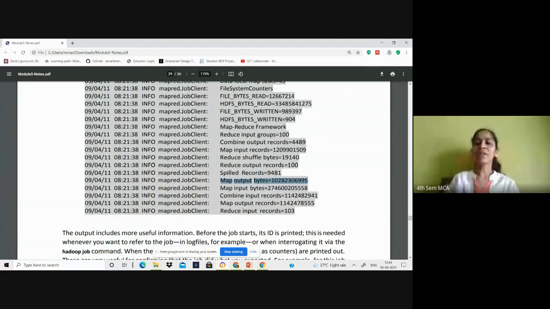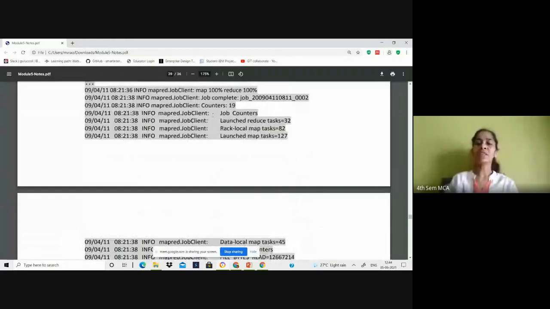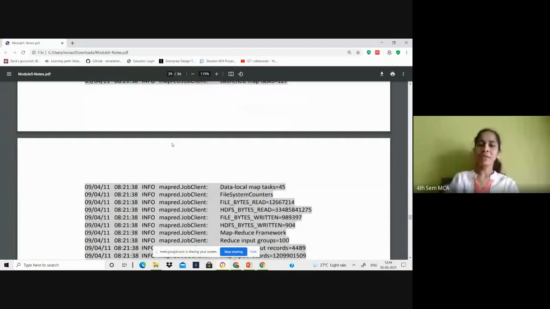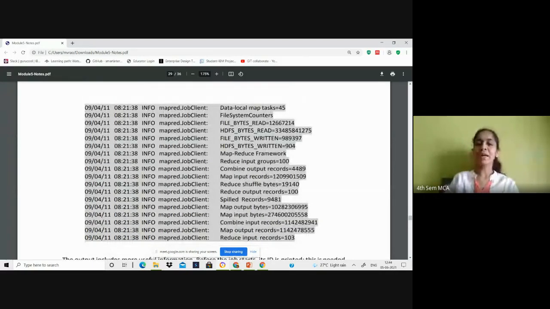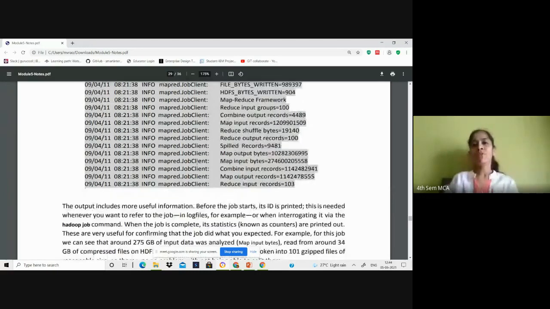It just displays all the counter details. Now it gives combine input records, map output records, and finally reduce input records. All these are the counters information. These are the job counters that will be displayed in your job page, the details available to the user when a job is launched.